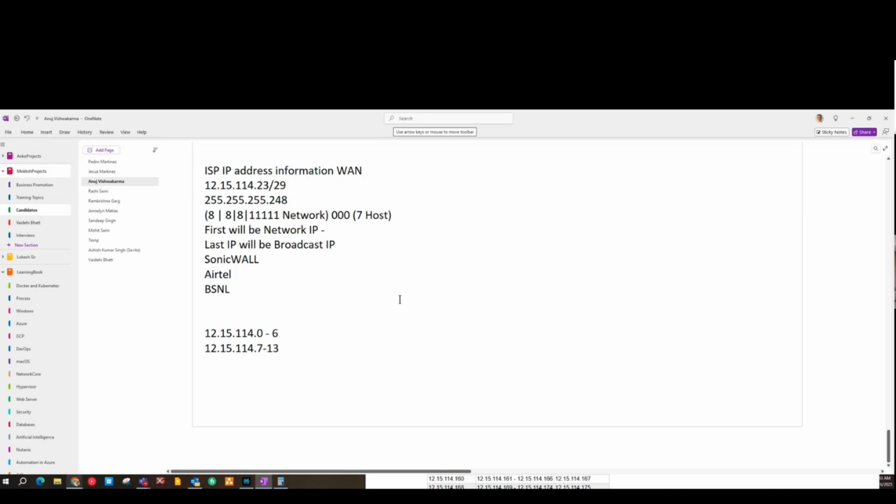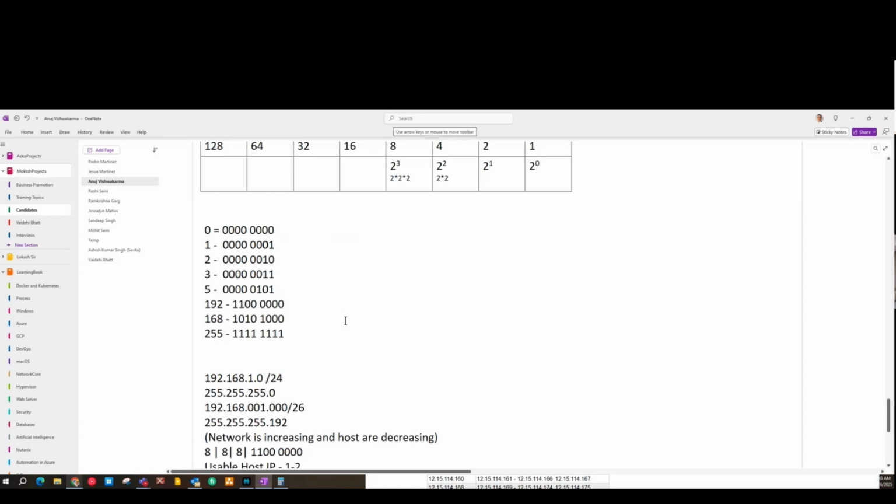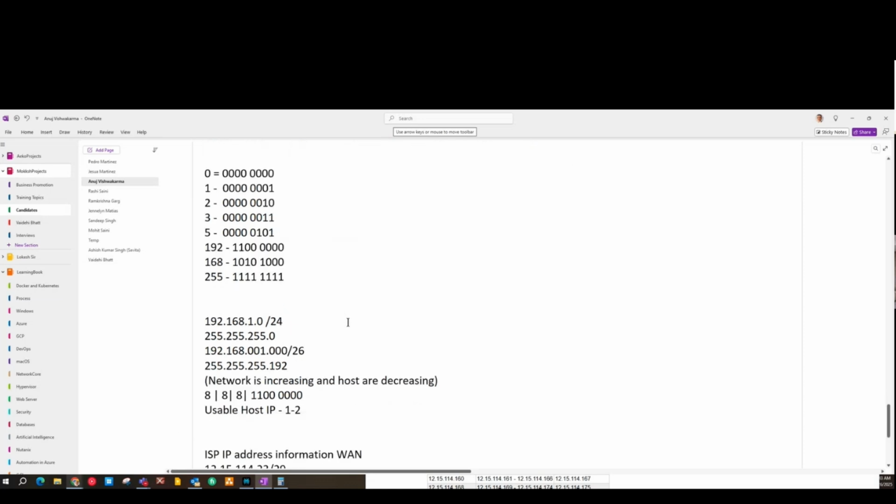Okay, so that's all about the IP address schema, how IP addresses work in different classes, public